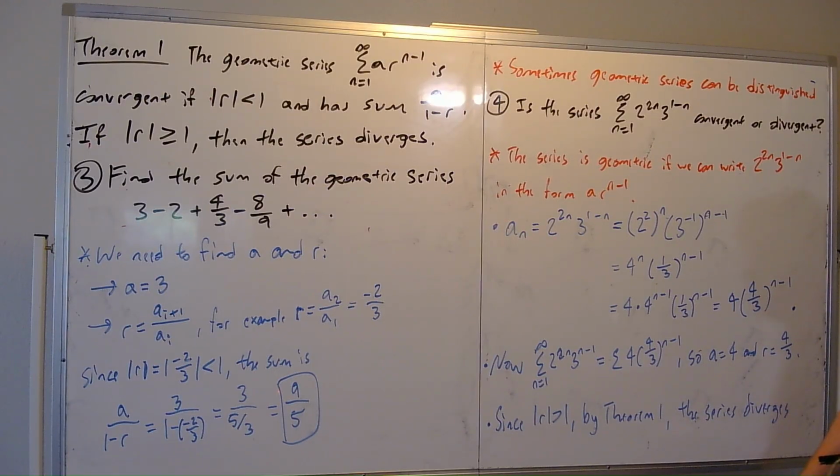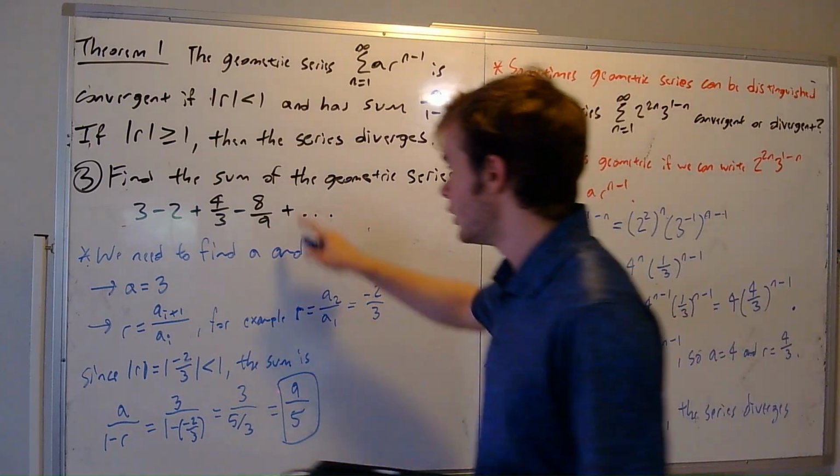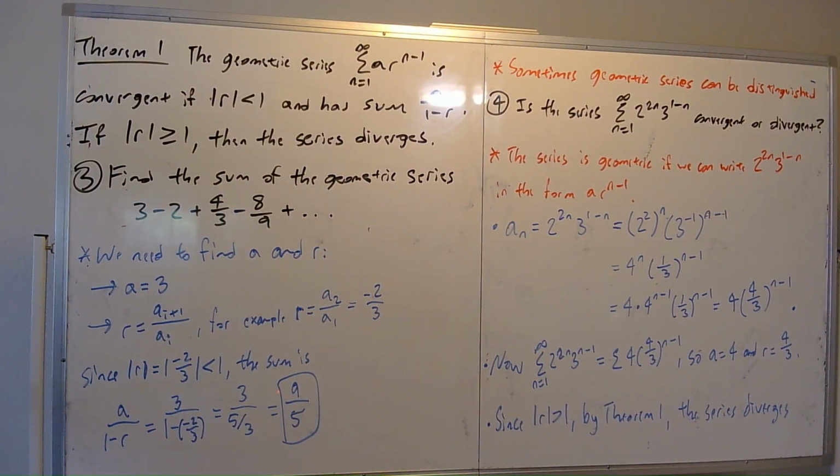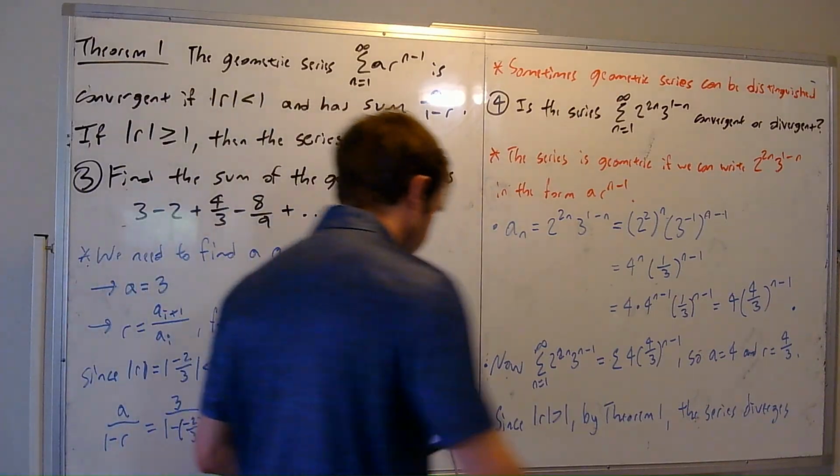Right, so you can see from this example, sometimes you have to do a little bit of work to rewrite this in this form in order to say, well, yes, this is actually a geometric series, and then once you figure out the value of r, you can just figure out what to do by looking at this theorem. It's a very important theorem. Okay, and the next thing to note